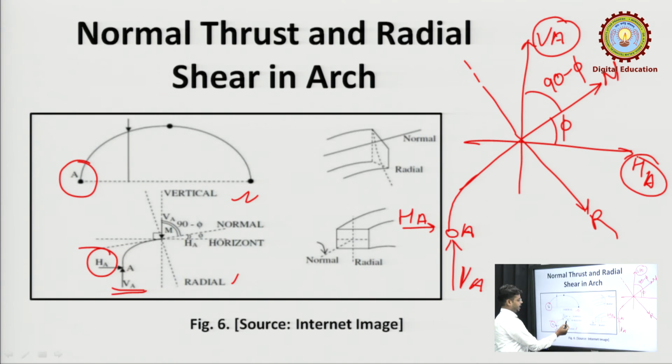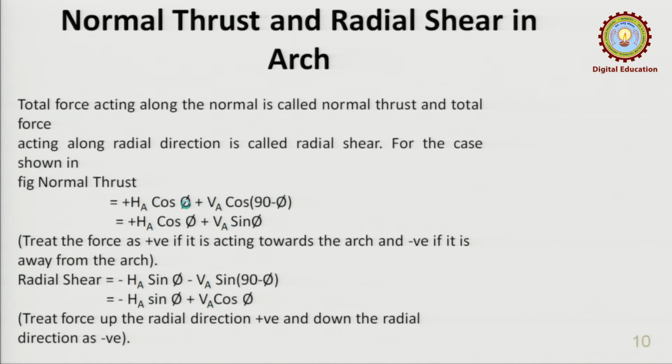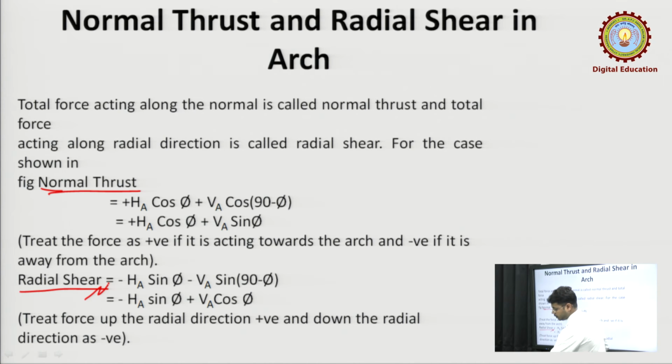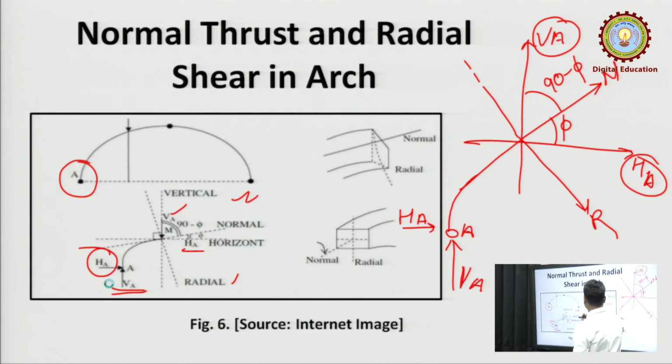Okay, now we have HA, we have VA, the vertical axis, and now we have to just equate these things for a normal thrust and for a radial thrust, or we can say a radial shear. Just divide these forces into different components. You can see here, you can divide this component H. How can we divide that? The normal thrust and horizontal thrust,